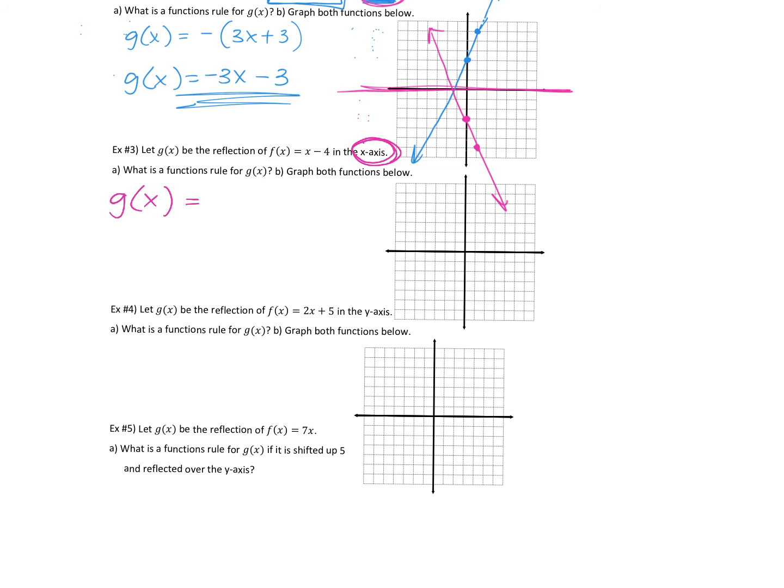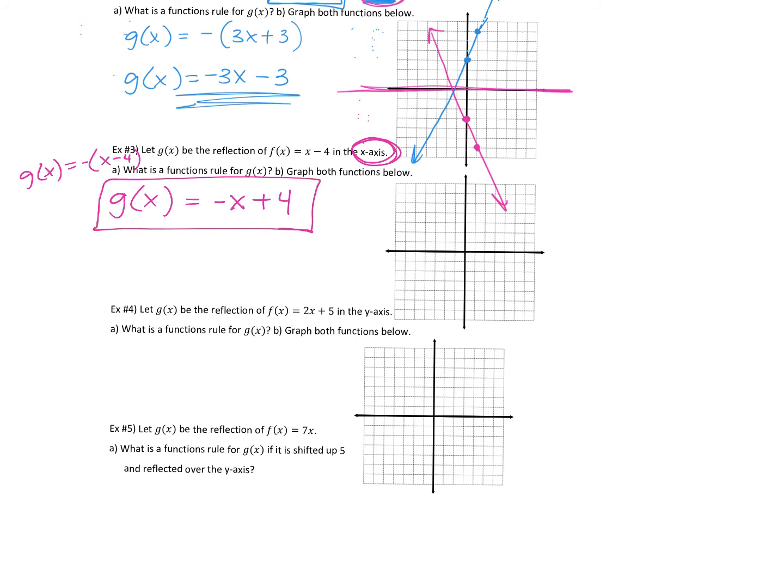Right. And you may do it like that to start, but then make sure you always simplify. I don't have to see that part of it from you. You can do opposite of x and opposite of that negative 4, and that is your new rule, right? Now, if you want to start with it like this, g of x equals the opposite of x minus 4, and then distribute that negative, that's fine, okay? But I don't need to see that step from you. I just need to see this, and then